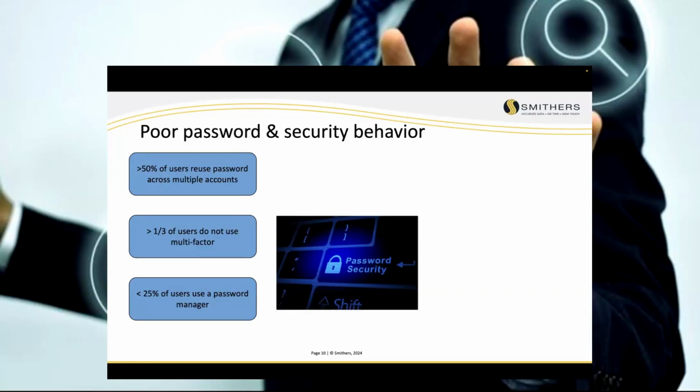In some cases, like one case, we had 7 pages of this kind of information. The person just upchucked everything they could imagine for all their logins into a Word document and then emailed it to themselves in Gmail. We stopped it, thank goodness. But that's the kind of behavior that happens. They write it down. They don't use a password manager.